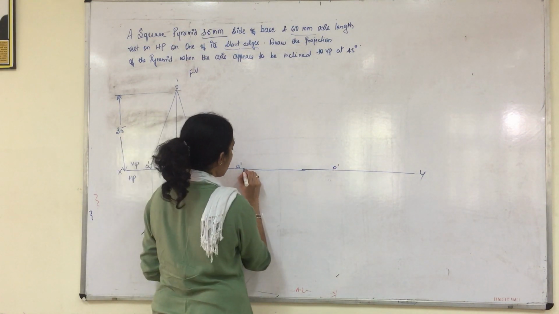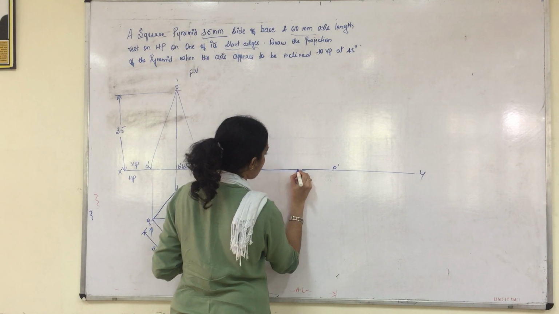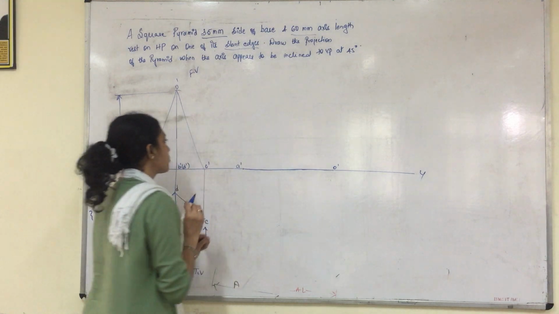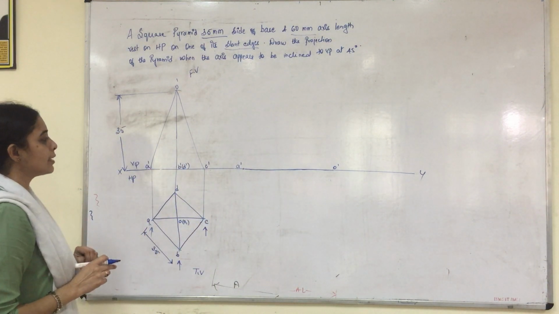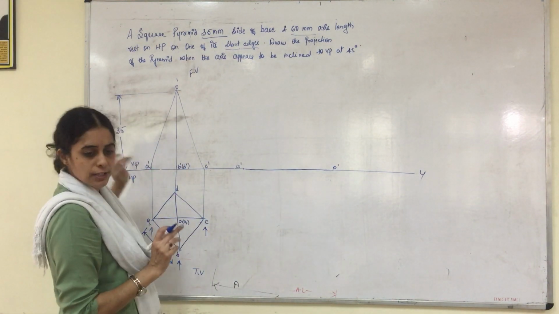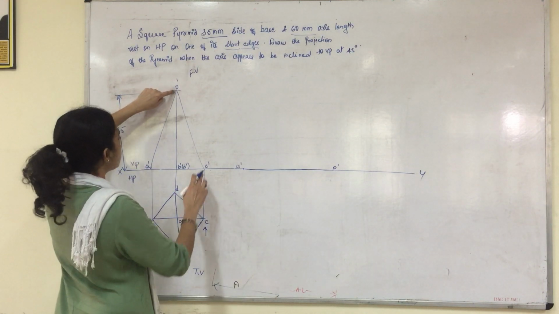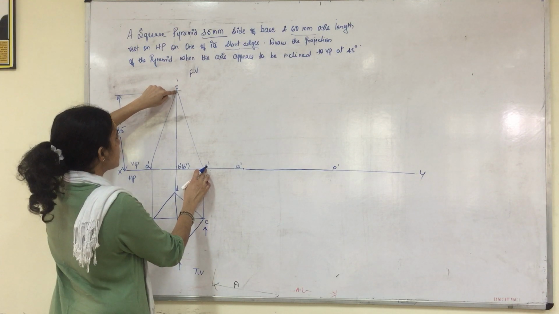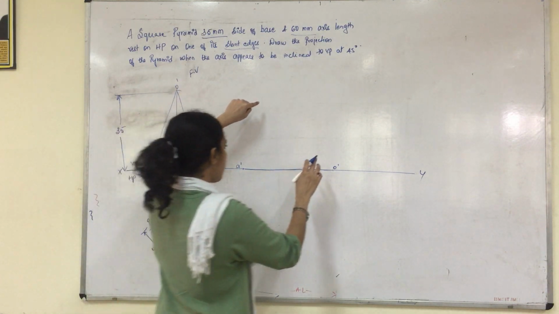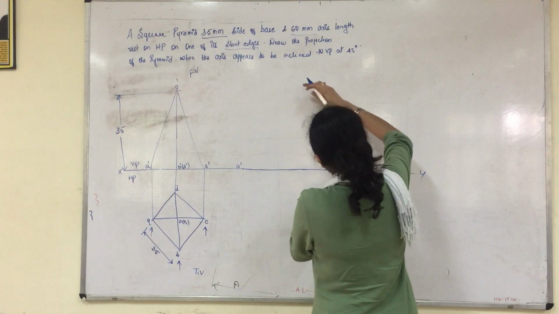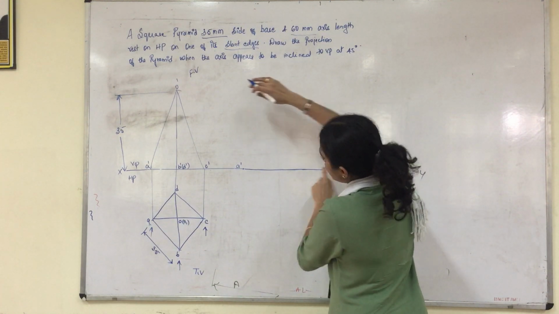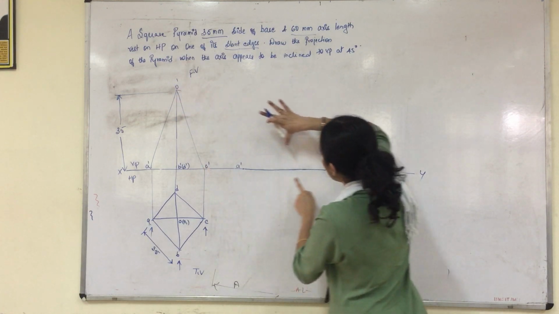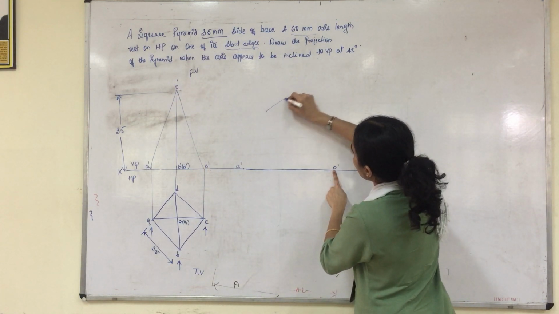So now we have replaced one of the slant edges on the XY line to show that it is resting on HP. Now we need to measure the other sides. A dash O dash is done already. So now measure O dash to C dash. What is the distance? Come back here and keep one point. You measure O dash to C dash using the compass, and the same distance you cut an arc here.